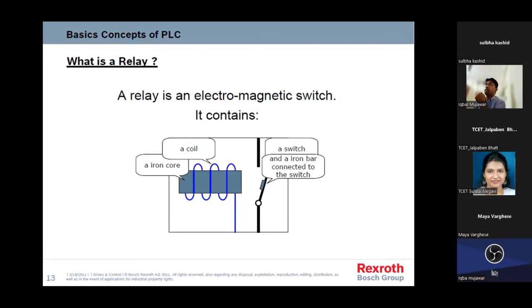Then what is a relay? As you can say, a relay is nothing but an electromagnetic switch. It is one kind of switch only. Normally, whatever switch we are using at our offices or homes is a normal switch. If I press it, the system will be on, might be a fan, light, anything. If I press it again in the opposite position, then it will be off, an on-off kind of switch.